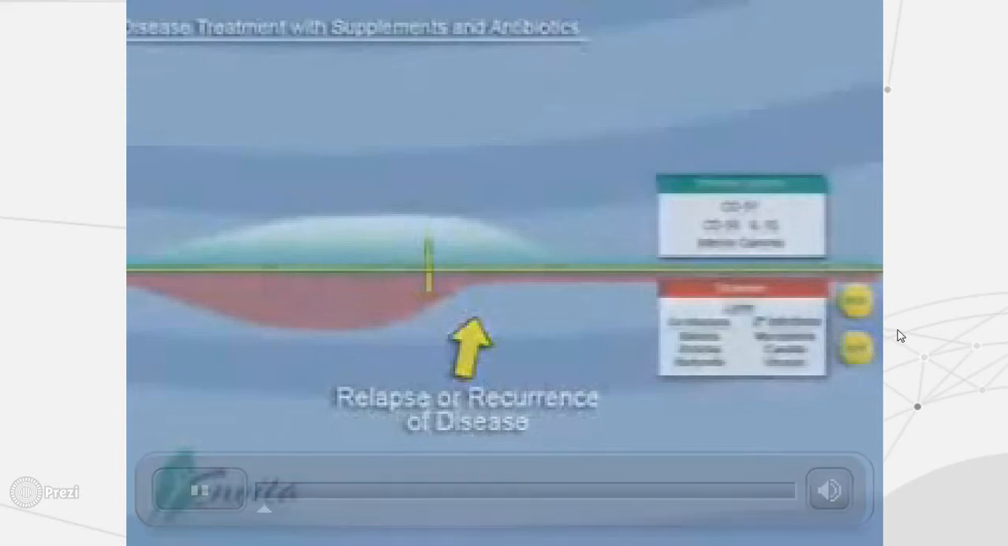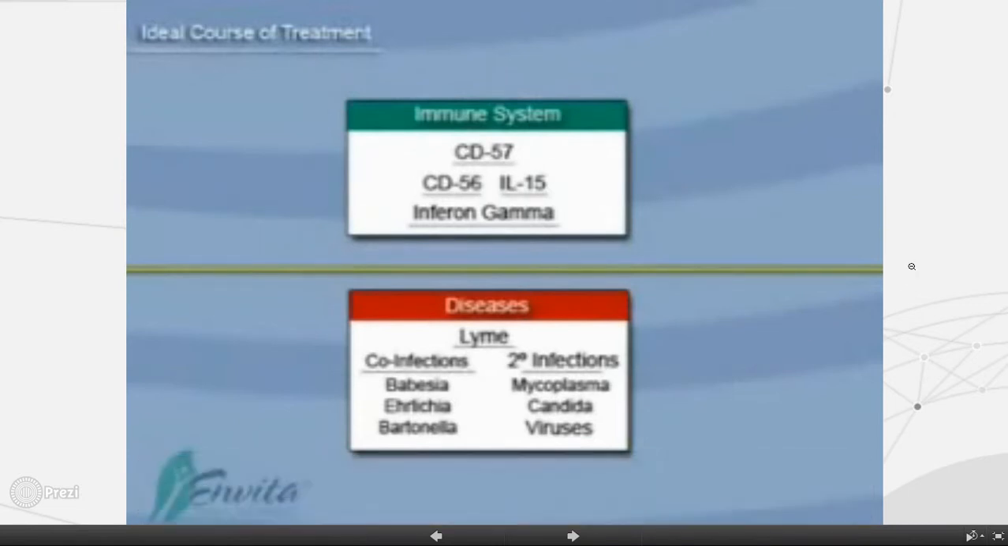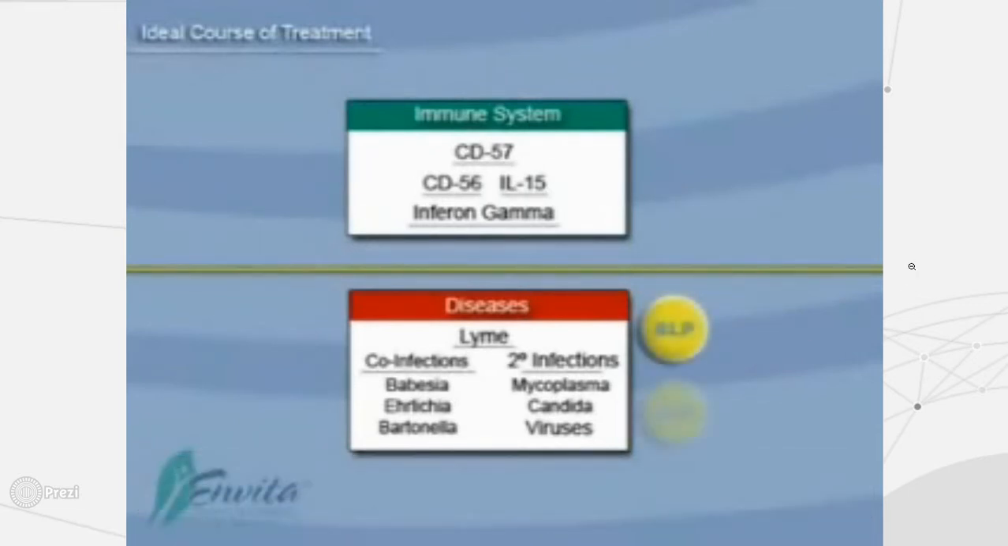Disease treatment. There are three major focal points in the treatment of Lyme disease. One, the disease itself, which is represented by Lyme, its co-infections, and secondary infections. Two, the immune system and other immune modulators. And three, the neurotoxins, or the bacterial lipoproteins in yellow, that usually take a longer time to clear up as